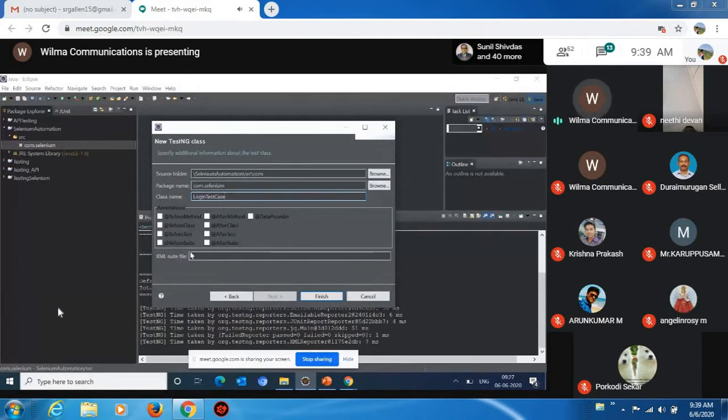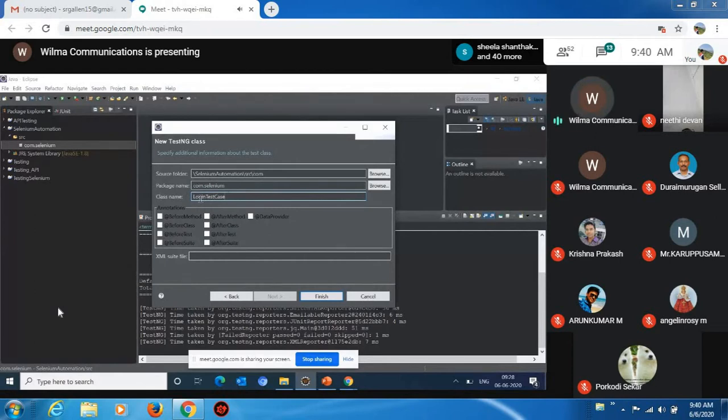Here I can shortly explain all these annotations. Here you can see the annotations before test, after test. Suppose for example you have test 1, test 2, test 3. You are creating three different test cases, and before the test cases you want to run something, like opening the browser, and then I want to perform my activity. That needs to be executed before every test case and after every test case. So I will use the annotations called before test, after test. Before class, after class. Here this is the class which we are creating, login test cases.